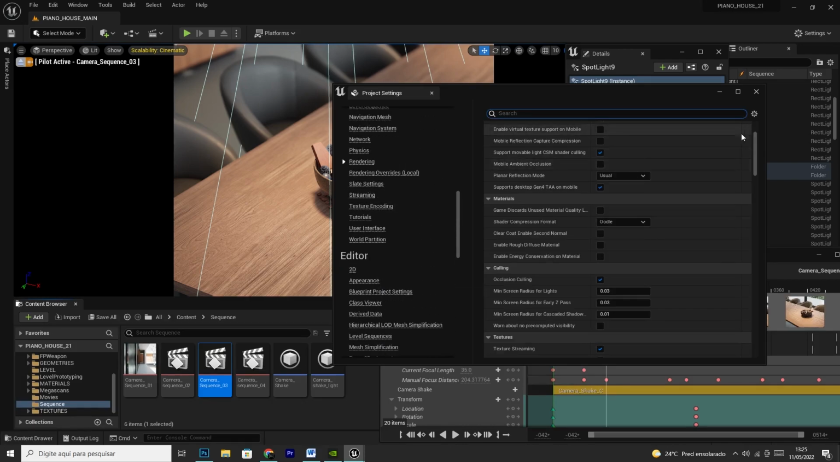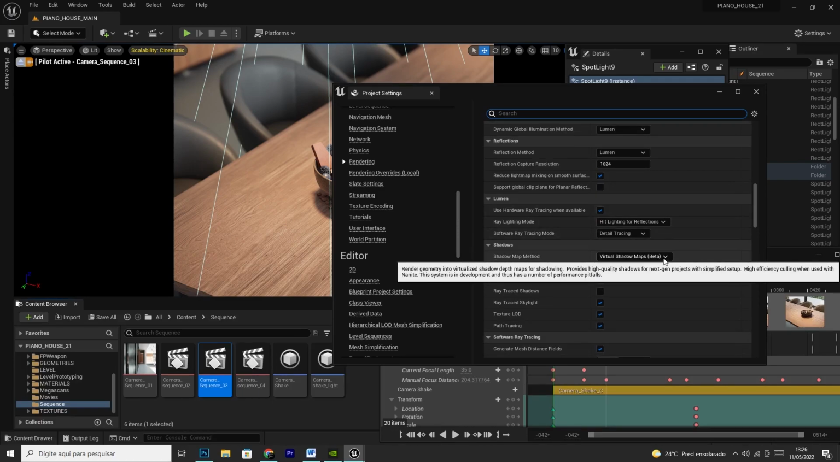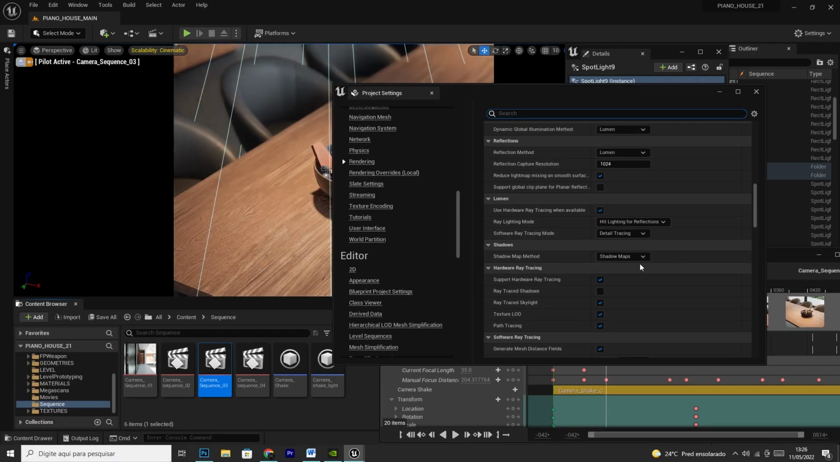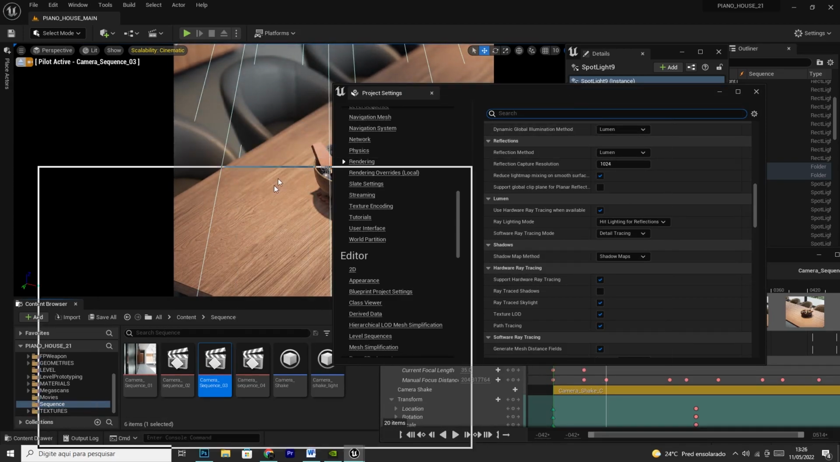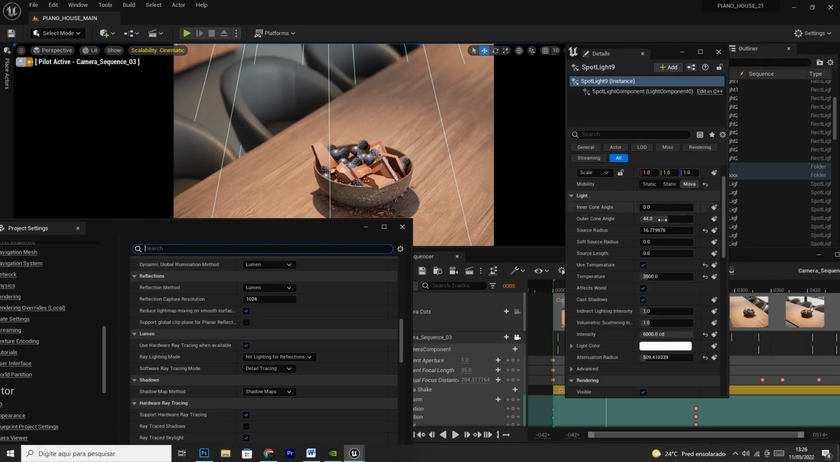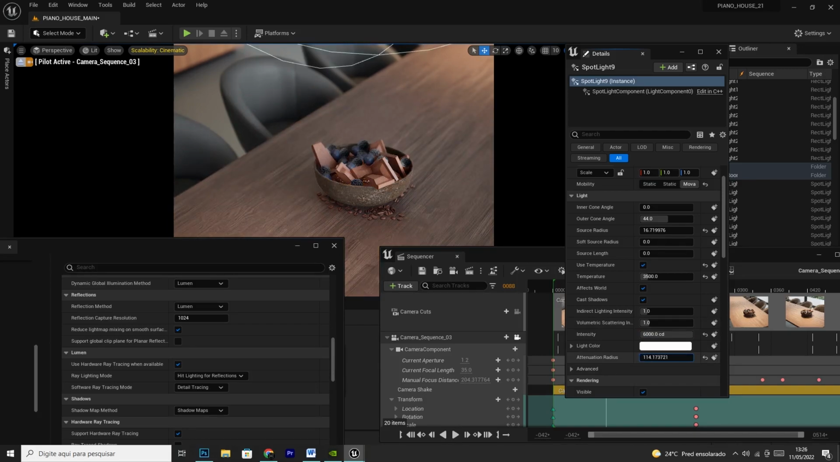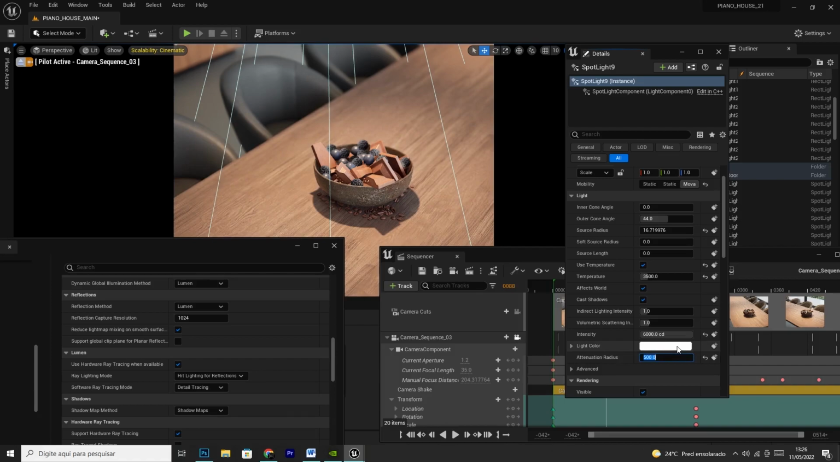Let's change from virtual shadow map to shadow map. Okay, and in the shadow here, maybe we can attenuate a little bit, decrease the intensity maybe, or change this attenuation radius. Let's try 500,